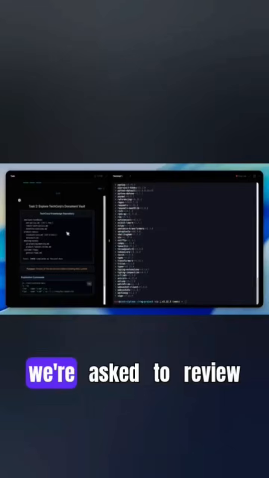In the next question, we're asked to review TechCorp's document vault. I skimmed the simulated repo of Markdown docs: employee handbook, product specs, meeting notes, and frequently asked questions. The key